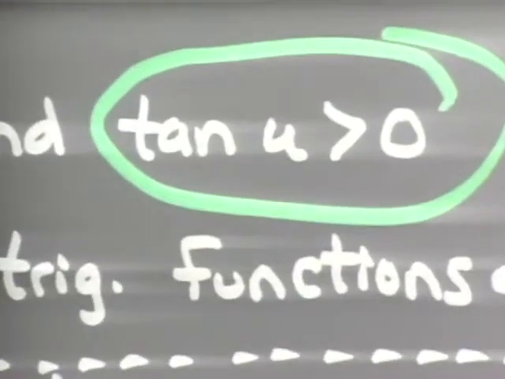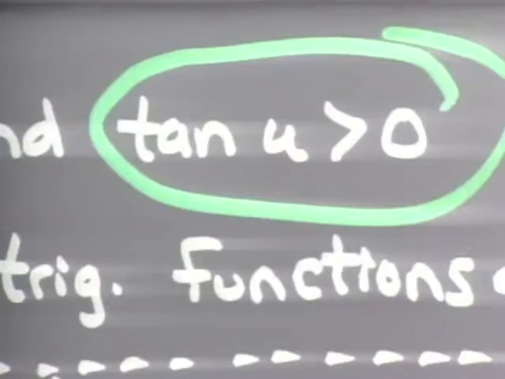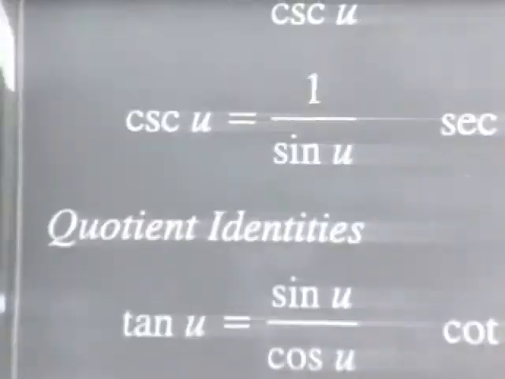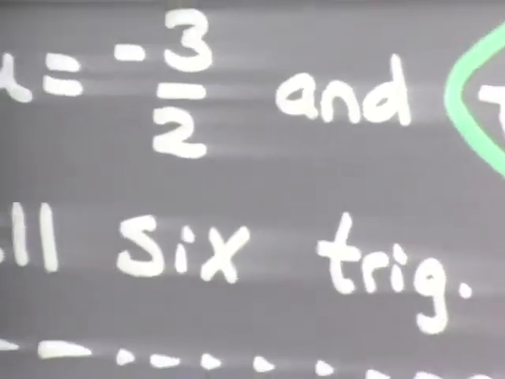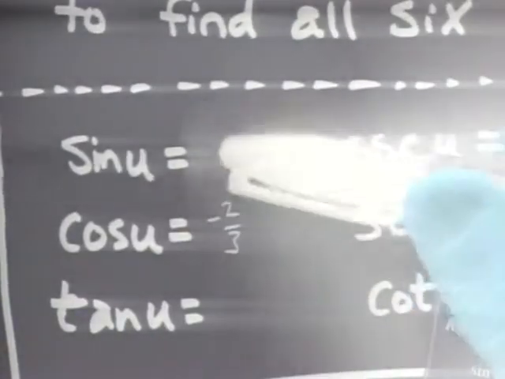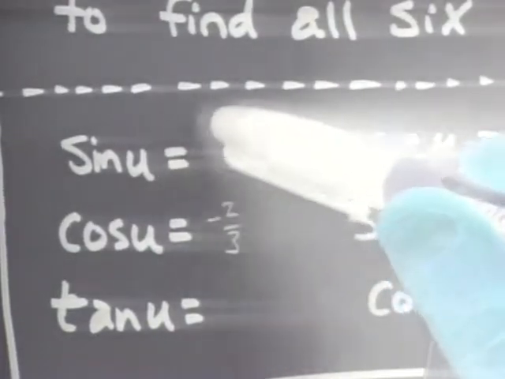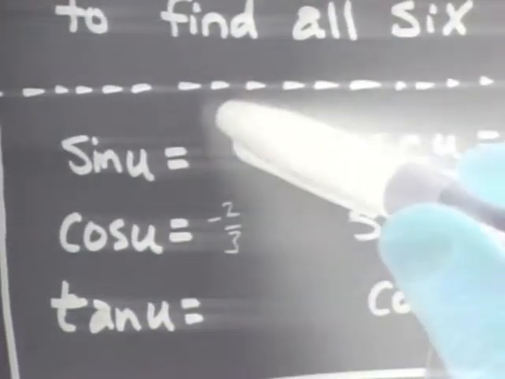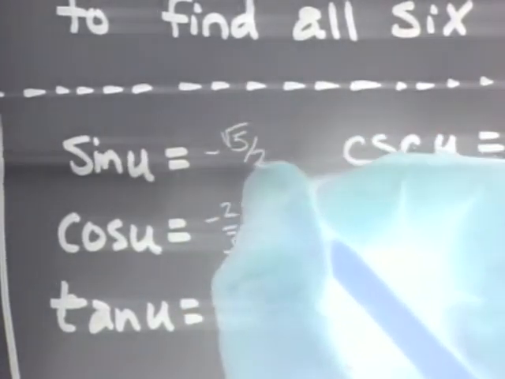I want to figure out for sure which one it is, though, so I'm going to go back to that thing that I said this is a hint. It's not the best hint, but it will help us know if sine is supposed to be positive or negative. They're telling you tangent is positive. Now, in case you didn't know, tangent is really sine over cosine. So tangent's supposed to be positive because they told us right here. Tangent's positive. And tangent is sine over cosine. Well, here's the thing is cosine's negative. So if I put sine over cosine and got tangent, sine would have to be negative because negative over negative would get you a positive. So sine is the square root of 5/3, but it's going to actually be negative